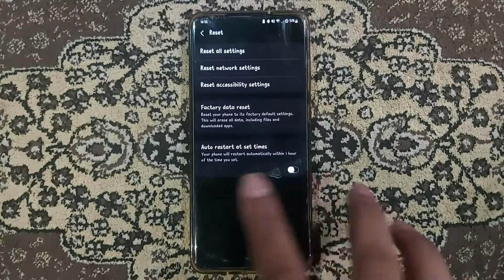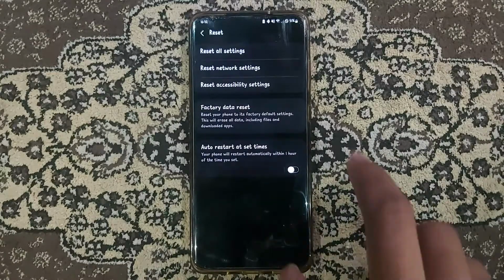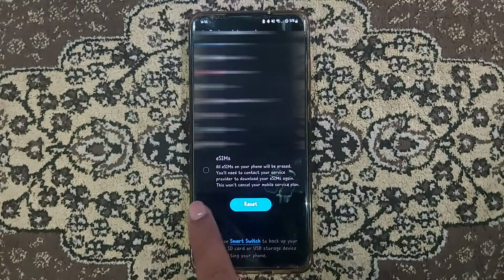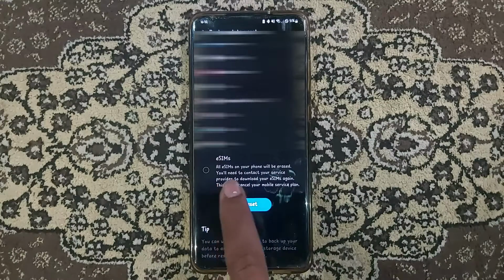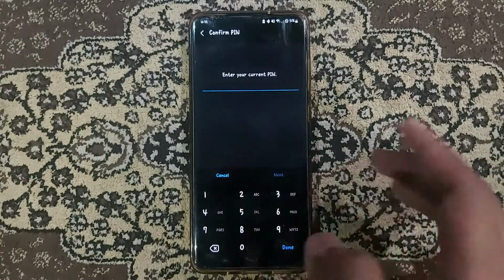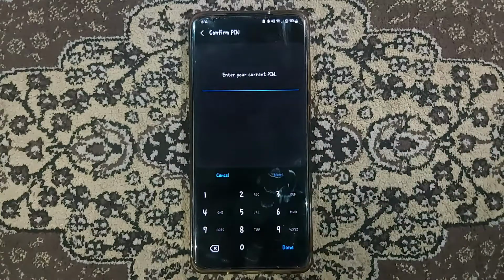Now as you can see, I am at the factory data reset. Click on it. Once you click on it, all these things will go off. If you have an eSIM, then select this if you want to delete it. Mine is not working anyways because I had given a request for a new eSIM.